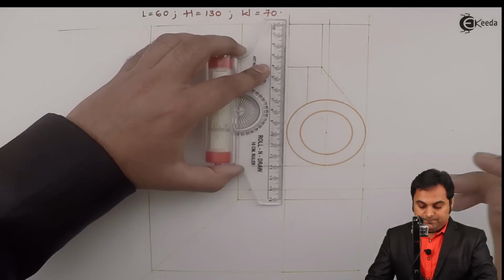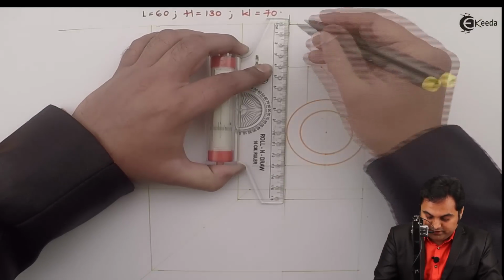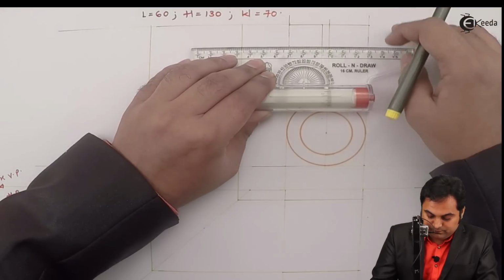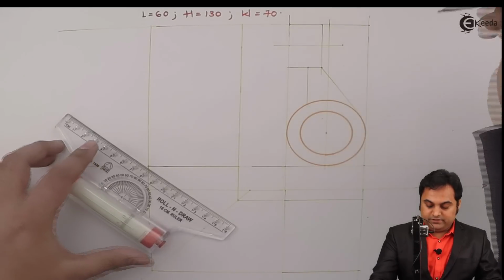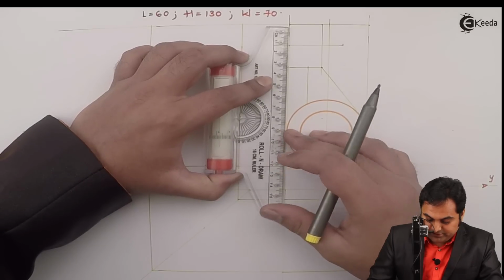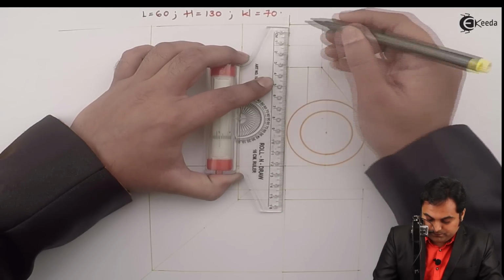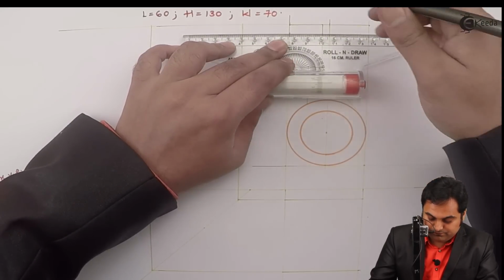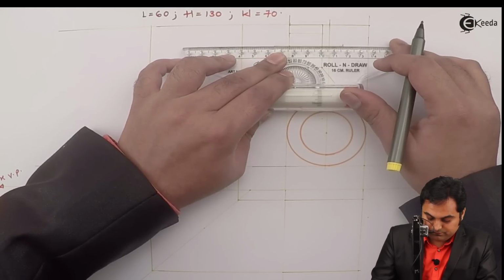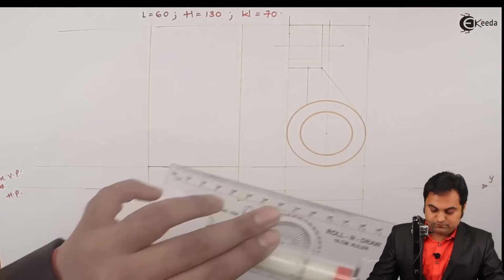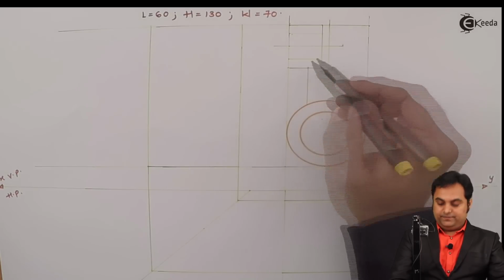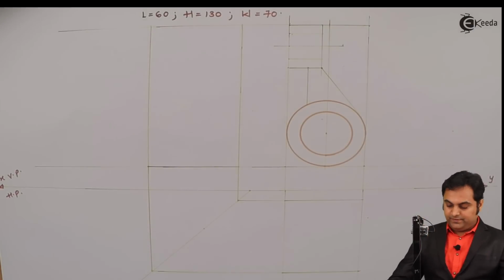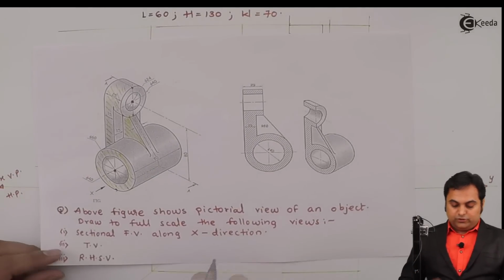So I'll mark the center. This block is having a height of 40 mm, so at 20 I am marking the center. Projecting light line. Then internal circle having diameter 24, so taking 12 mm from one side, from the other. So this line will be hidden. Next, here I am keeping it light because I will be taking the section later on, and then I'll make it dark. Then after I have completed this front view, for the top view, when we are looking at this